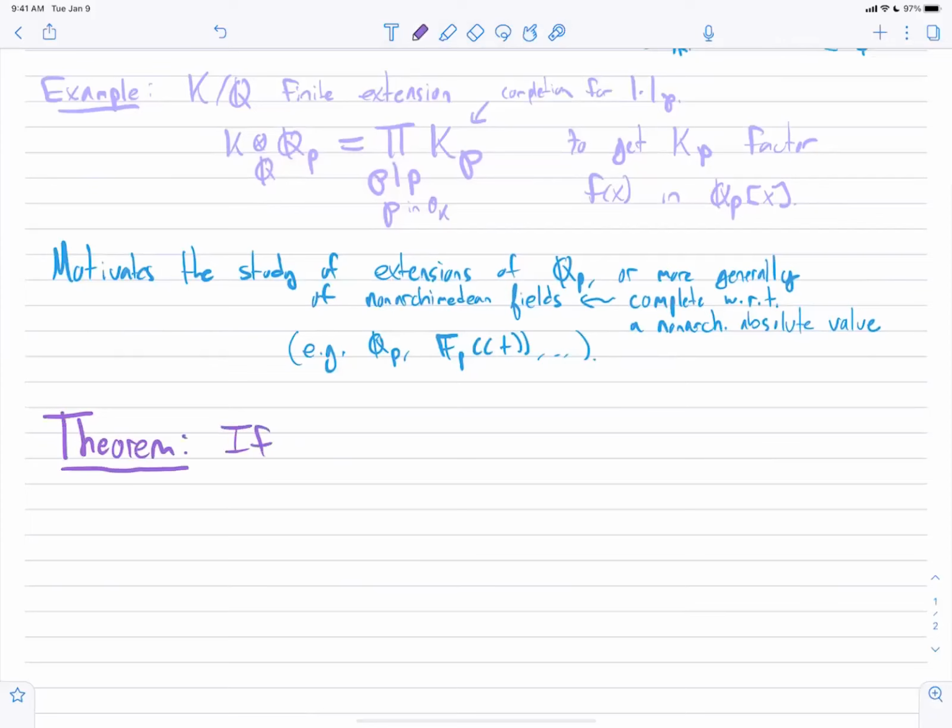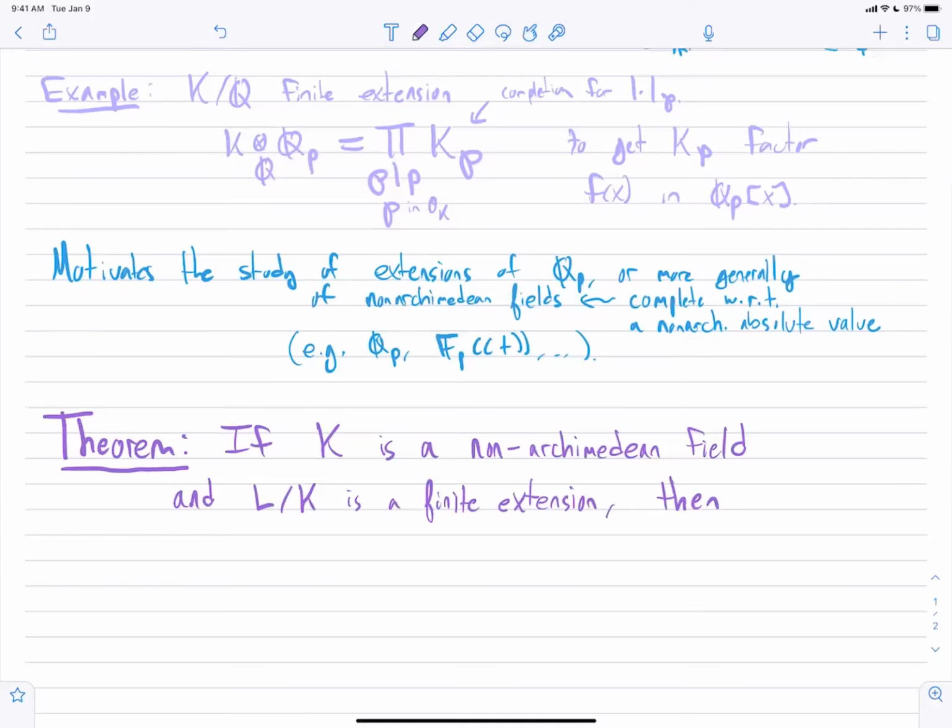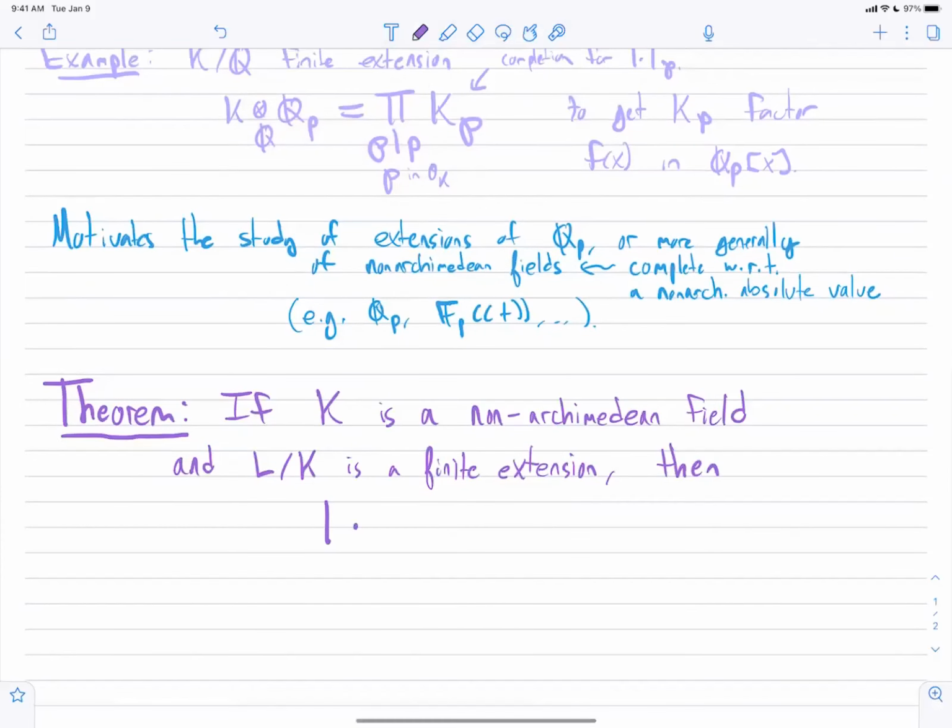So if K is a non-Archimedean absolute field, so again, this means it's complete with respect to a non-Archimedean absolute value, and L over K is a finite extension, then I can define the following. I can define an absolute value on L